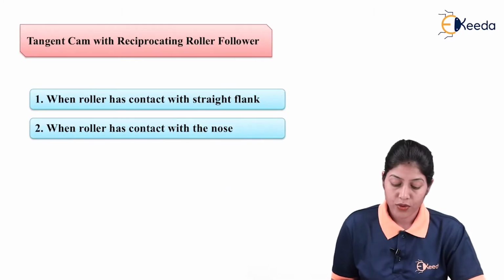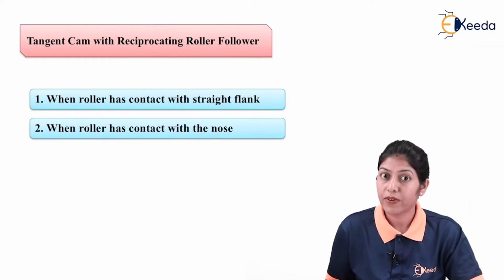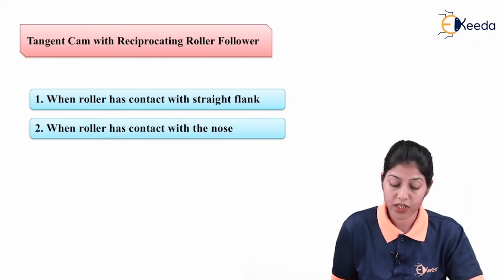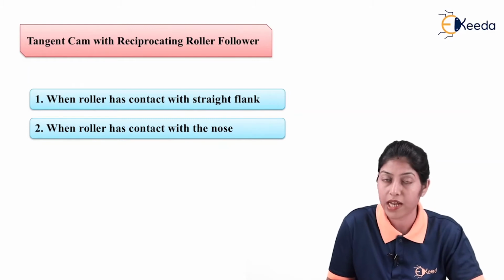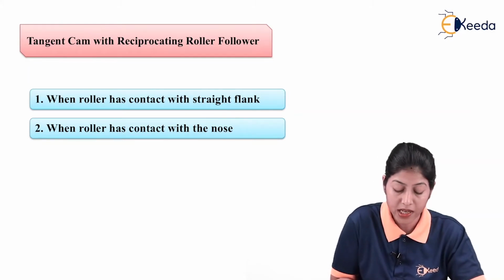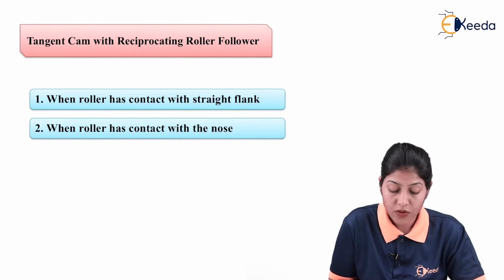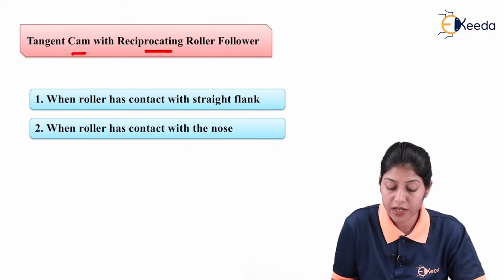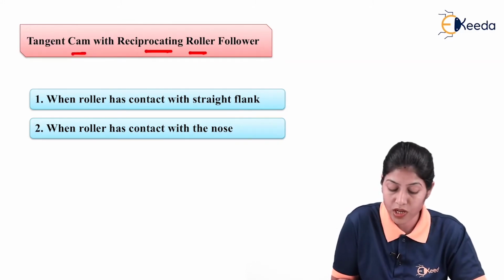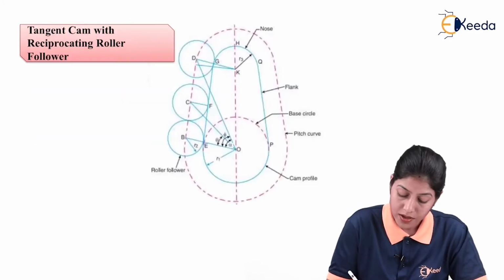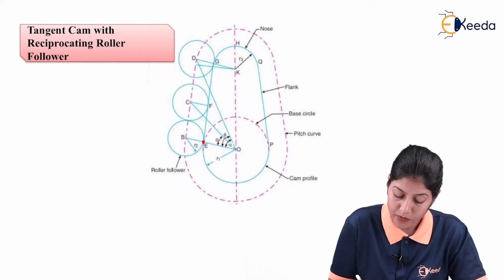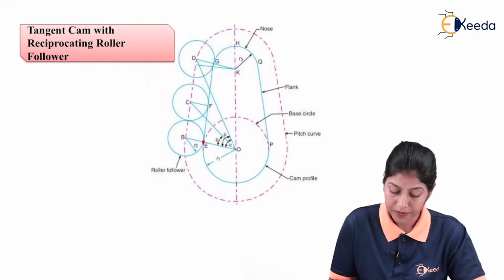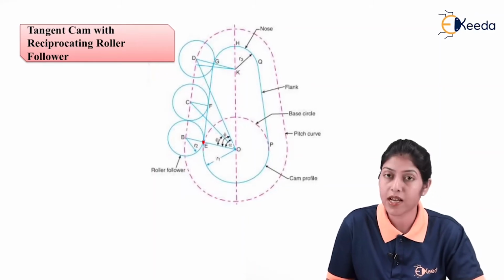Now, if we want to define the displacement, velocity and acceleration for the tangent cam, which is having a reciprocating roller follower, and the total motion we are defining with rotation of the tangent cam and reciprocating motion of the follower, which is the roller follower. So here this roller follower and this cam will be in higher pair,